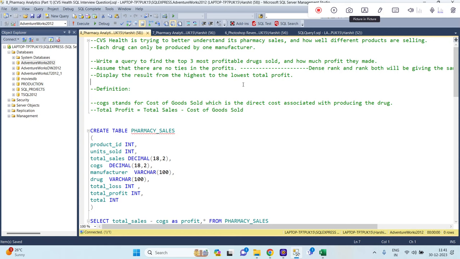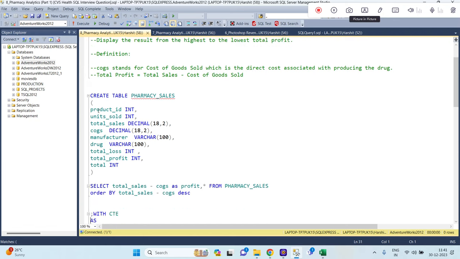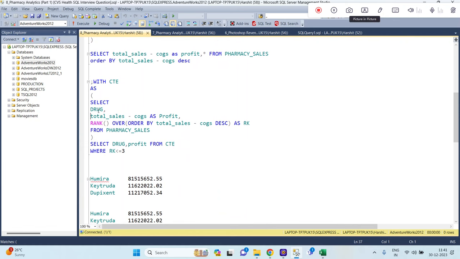So over here we need to identify the top three most profitable drugs. If you see over here, COGS stands for cost of goods sold, which is the direct cost associated with producing the drug. And now total profit we have identified as total sales minus cost of goods sold. Now over here, let me select the data from the table